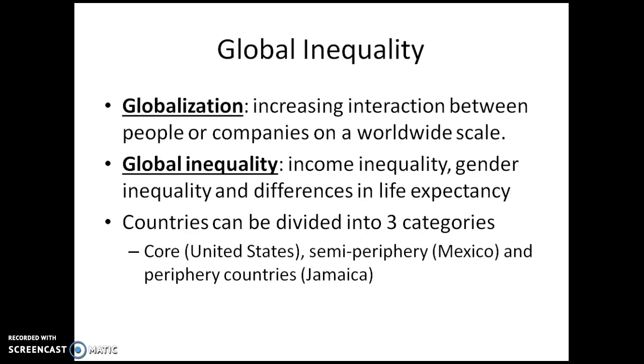So countries are typically divided into three categories when it comes to this. The first is going to be the core countries. The second is the semi-periphery countries, and the third is periphery countries. So the core you could think is to be the most developed, typically the highest educated, and those are countries like the United States, Canada, for example. Semi-periphery countries tend to have a little less education, so therefore there's a wider gap of inequality based on gender, as well as just income and life expectancy in general. And those are countries like Mexico. And then we have periphery countries that are very poor, tend to struggle a lot economically. And one example of that would be Jamaica.